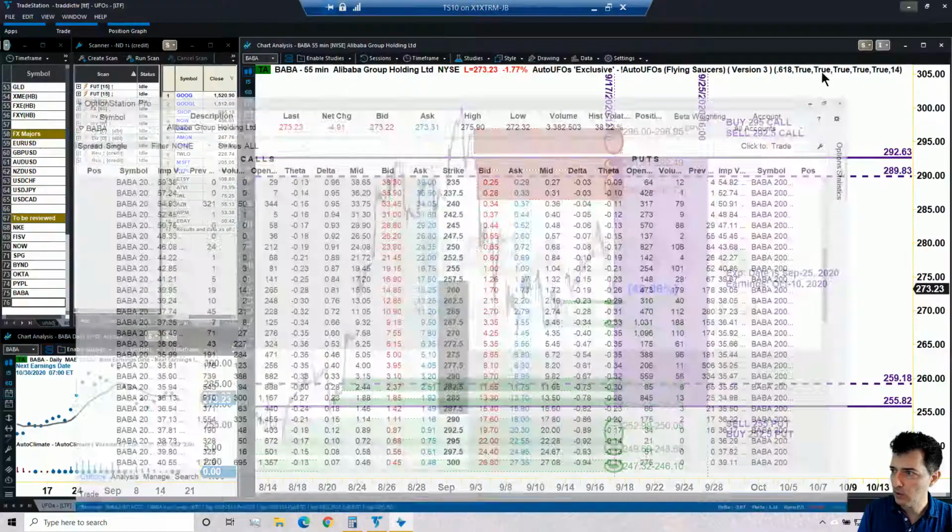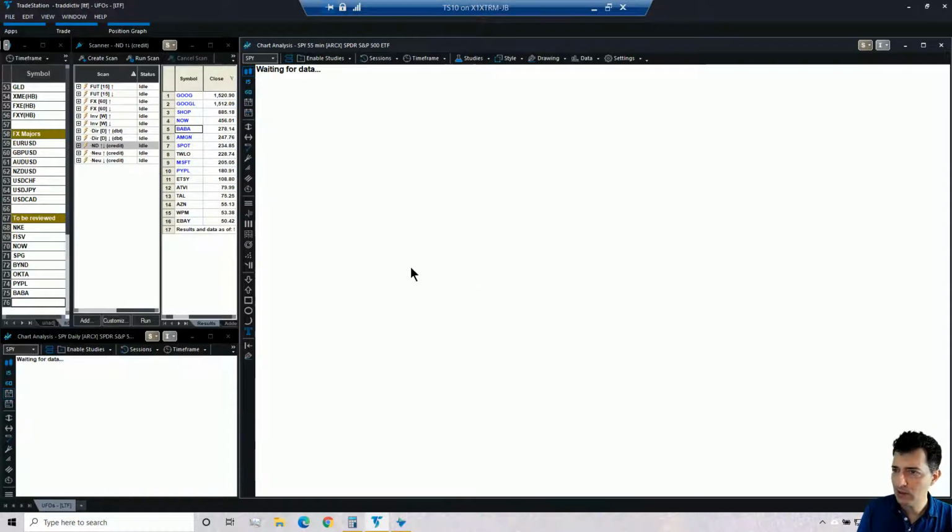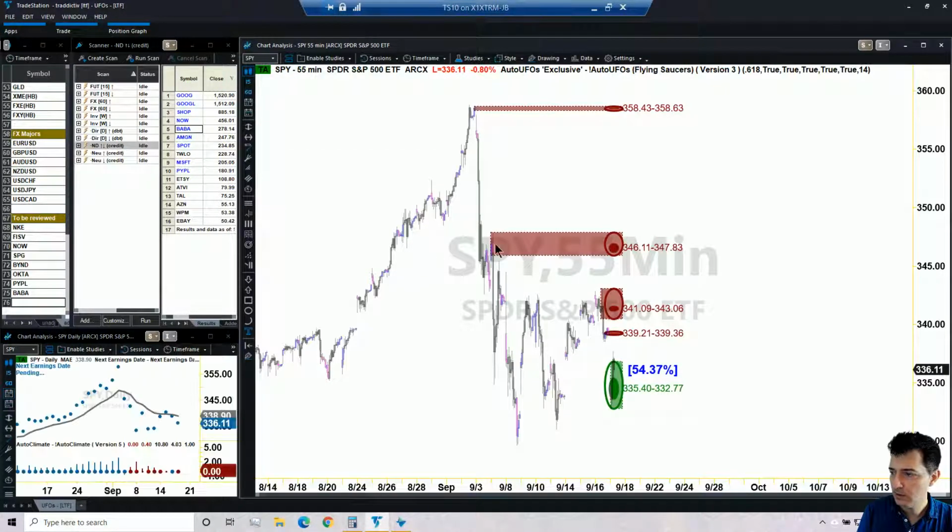Okay, so what else do we have? I'm looking at the time. We've got 3 minutes left. So really, 3 minutes, I'm afraid, would not be enough to plan a trade. So let's take a look at what's going on in the market. Have a quick look. Yeah, market going back down. A UFO has just formed today, so that may help the market to go back up.